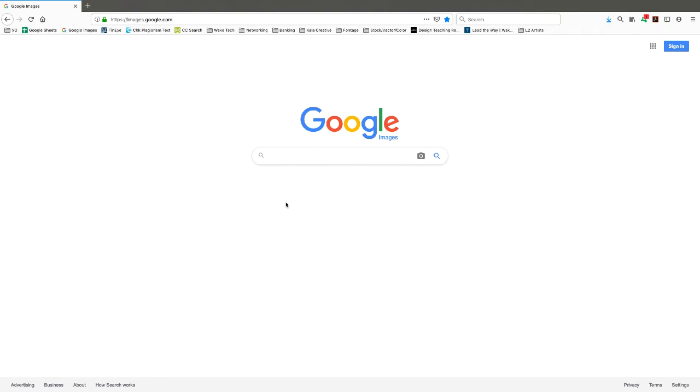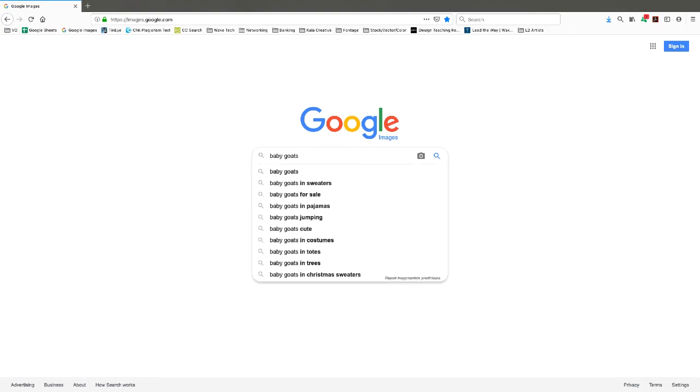As you're searching for images to use in your design projects, use Google Images and their tools to help you find the right image that's the right size and is clear for you to use and modify. I'm going to search baby goats,